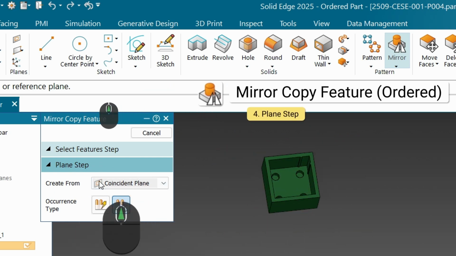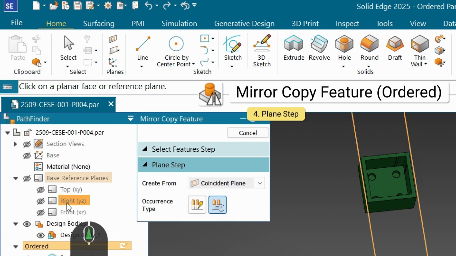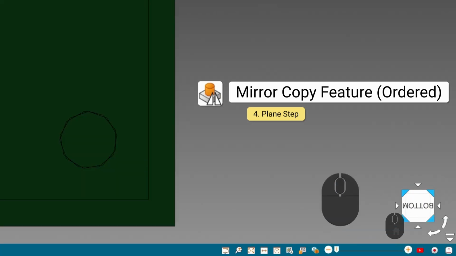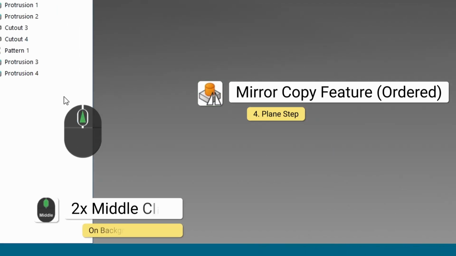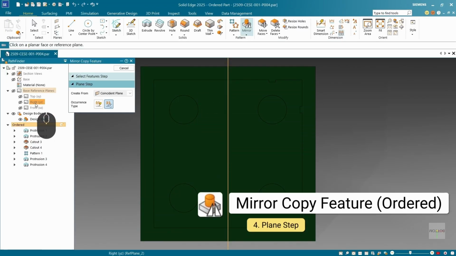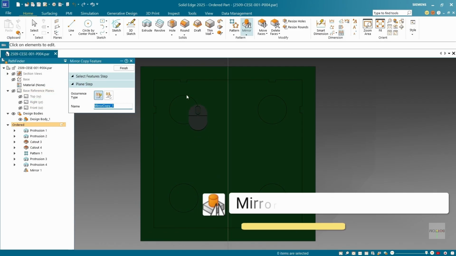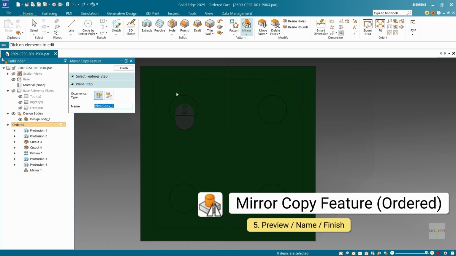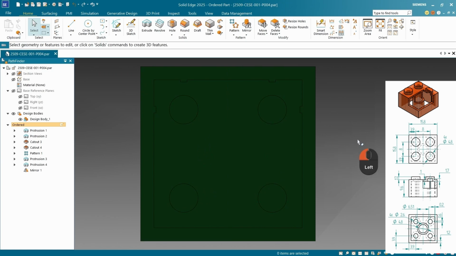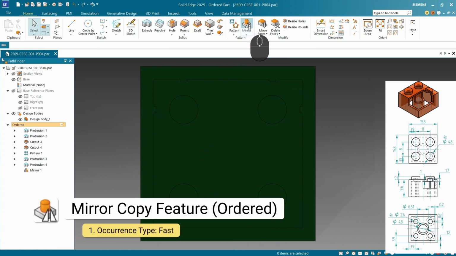Let's try that. It's a little bit difficult to see the planes, so let's just look at it square on, and I'm going to hover over the right plane. That looks good. So I'm going to select that plane, and you can see our two features have appeared here, have been created. I can accept that name and just click finish. That looks pretty good. And let's just do that again. So I'm going to click mirror. We'll leave it on